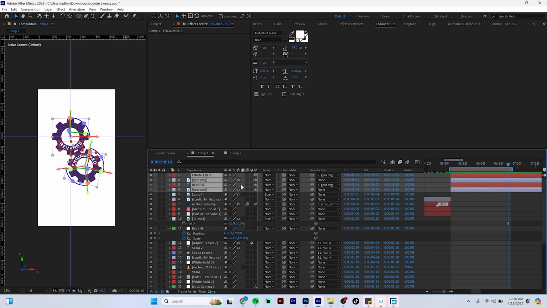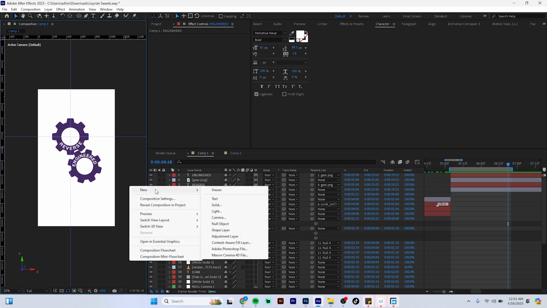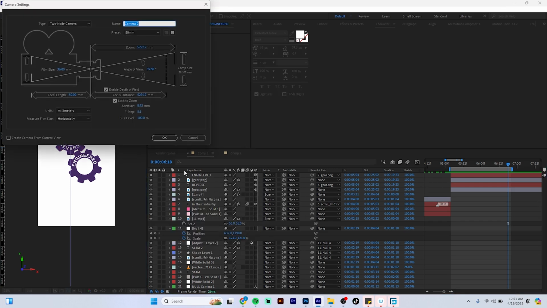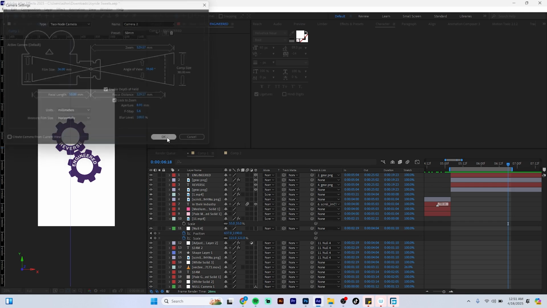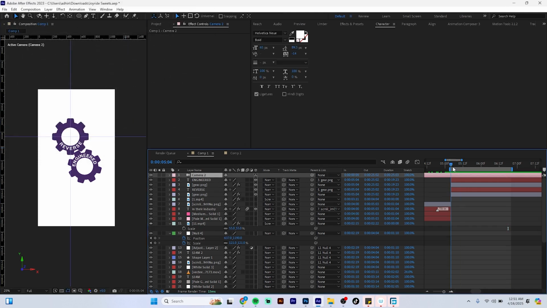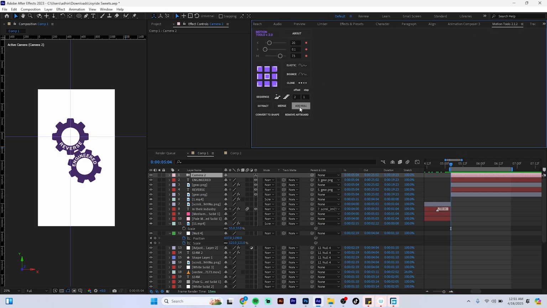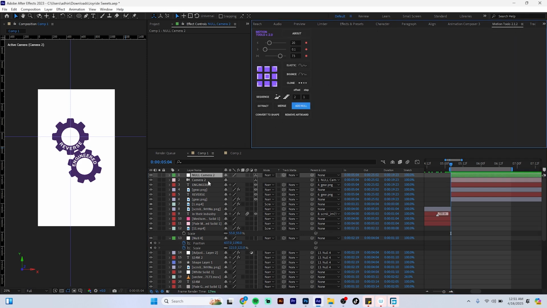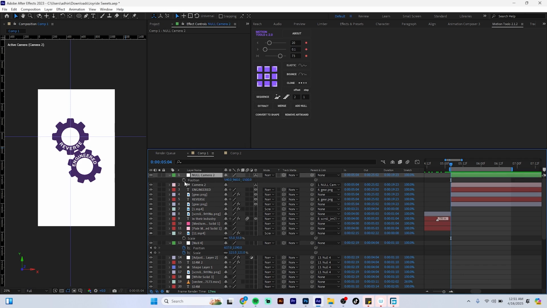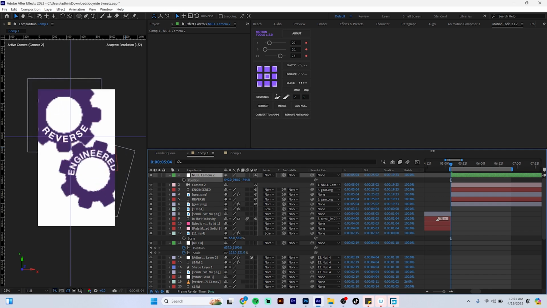Then we make all these 4 layers 3D. Then we add a camera. We add a camera here. Using our motion tools, we're going to add a null to the camera. So we're going to be animating the null. And what I want to do is I want to scale